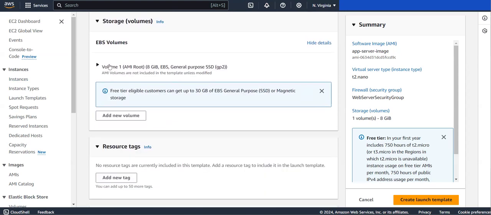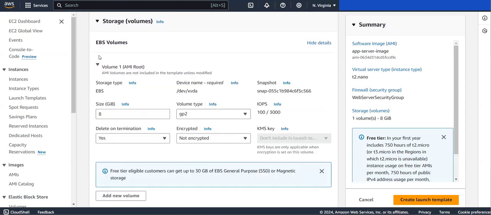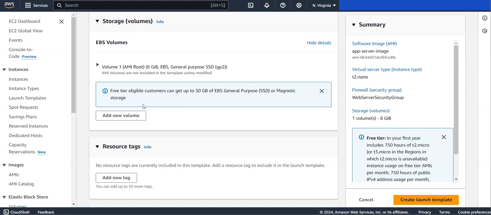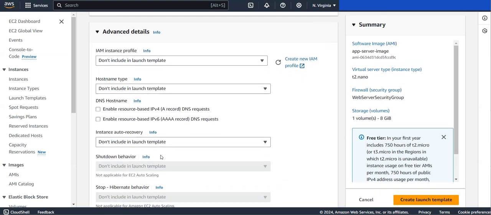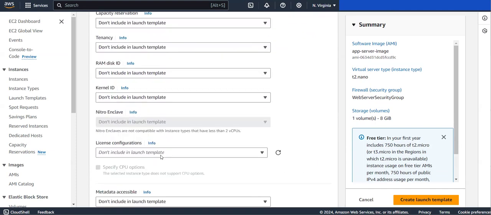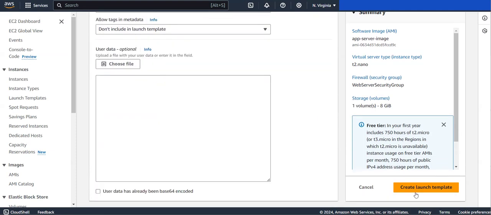And these are Elastic Block Store related configurations. That is nothing but your server-related hard disk, you can assume. I'm moving on with the default configurations, those I'm getting from my AMI image. And coming to advanced details, there also I'm not doing anything, just clicking on create launch